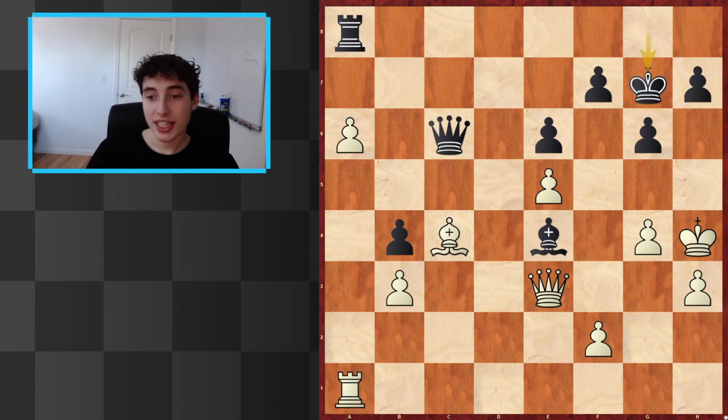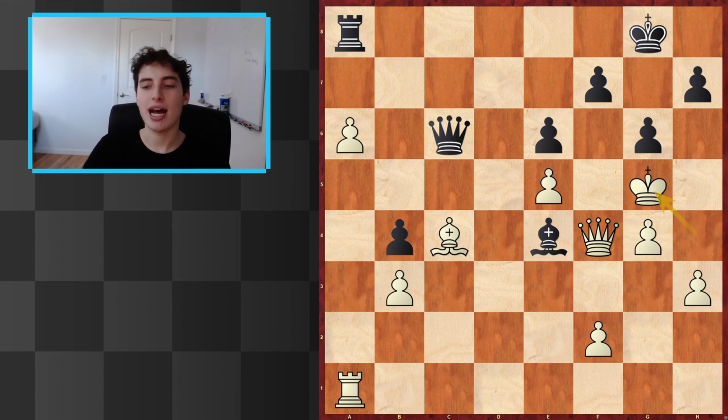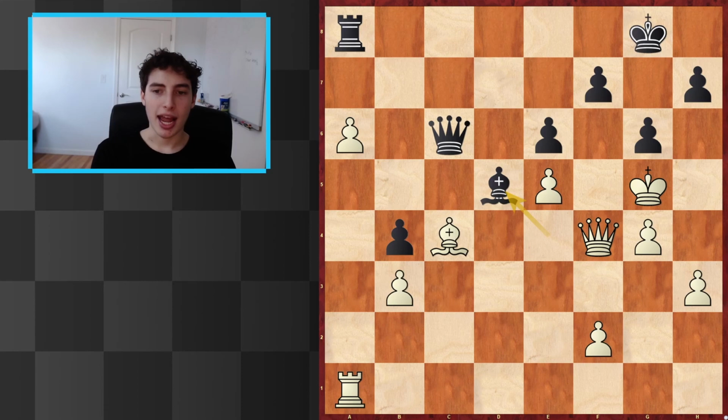Okay, so continuing with the game, we saw king to g7, queen to f4, threatening kind of to come to f6 with tempo, so the king dropped back to g8, and now the king continued up. Now here, bishop to d5 was played, and this is an incredible and super important moment and critical moment of